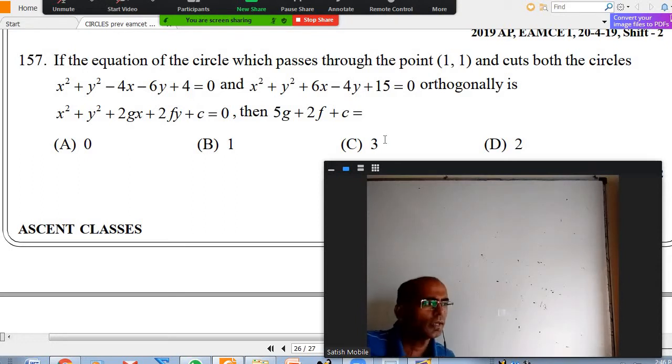Coming to the present 157 question also, you can do it like that. How? Two circles are given and (1, 1) is given. You take (1, 1) as a center and 0 as a radius, you'll get a circle. You now again take the same question: three circles and a circle intersecting all these three orthogonally. Passing through a point means intersecting orthogonally that point circle. You can treat it like that. Is it okay?